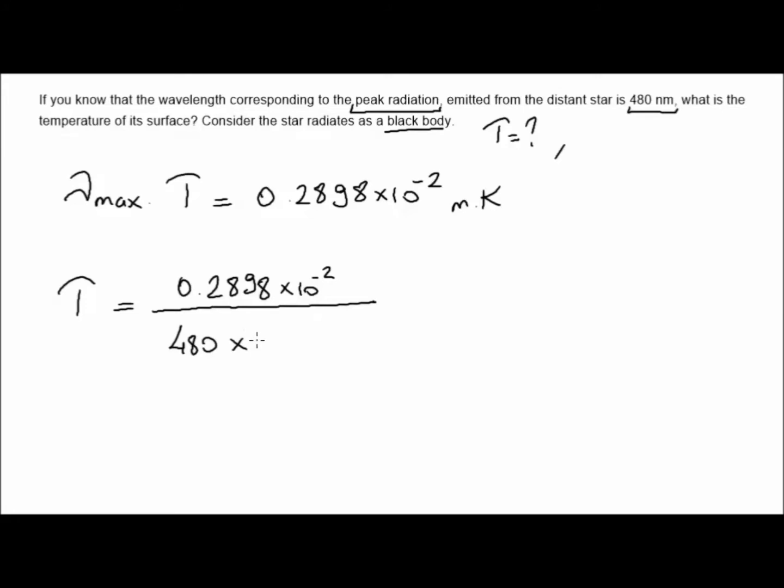Lambda max is given as 480 nanometer. Nano means 10 to minus 9. So the result is going to be 6037.5